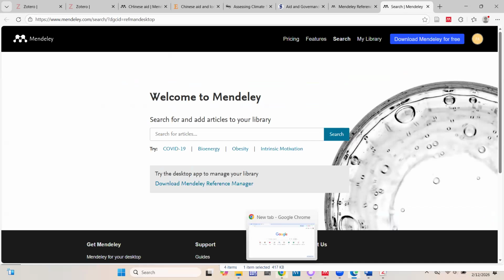If you want to use Chrome, you can go and set Chrome as your default browser in your computer settings, and then it will start using Chrome. It's a simple change you can make. Is that okay? Thank you. All right, welcome.